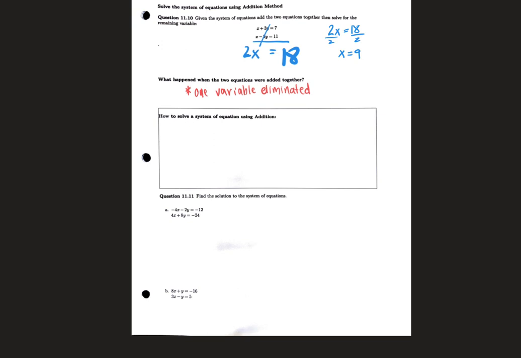I want to give you the step-by-step process for this. And along the lines of that, I'm going to do a problem as I give you the steps. Okay, so let's think of an example here from one of the next pages. So I'm going to do problem C that's on the next page along with the steps. Okay, so when I am doing the addition method, the first thing we want to do is make sure that we line up the variables exactly like the problem is lined up. So the first step here,